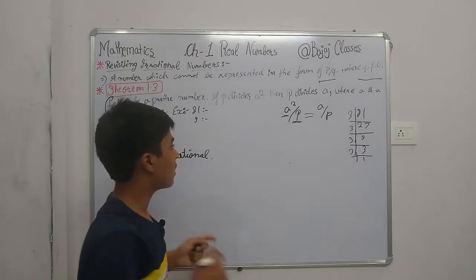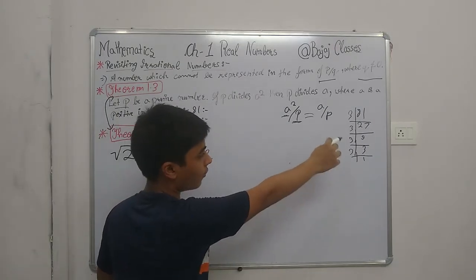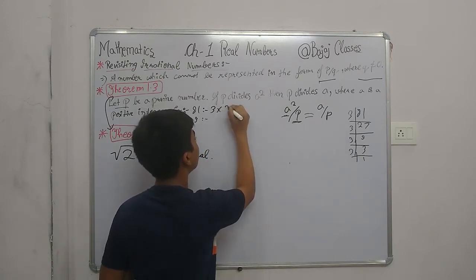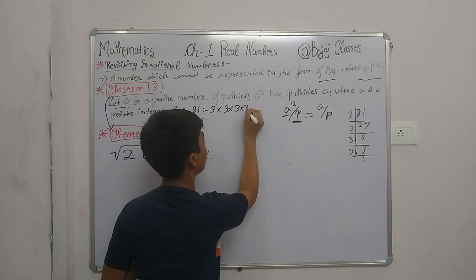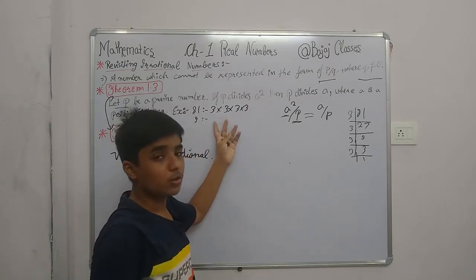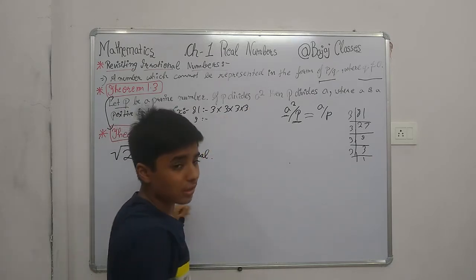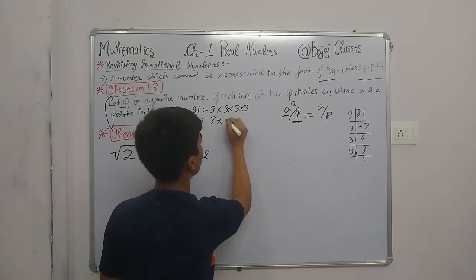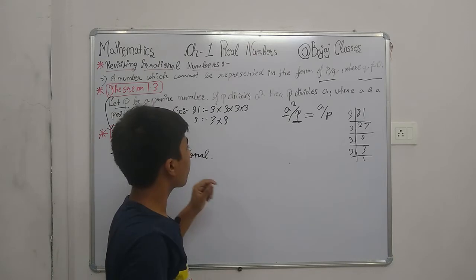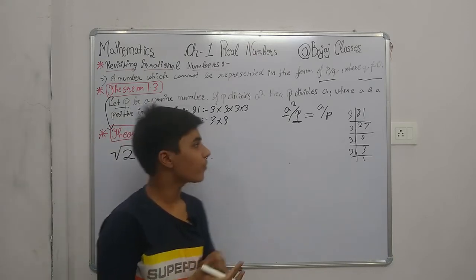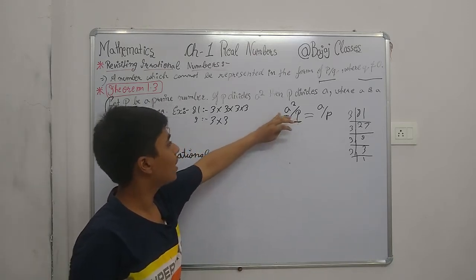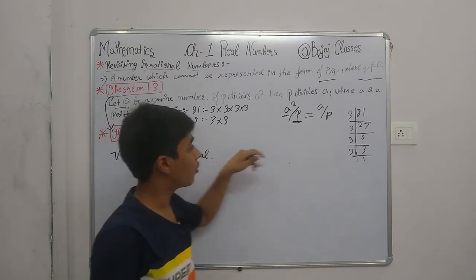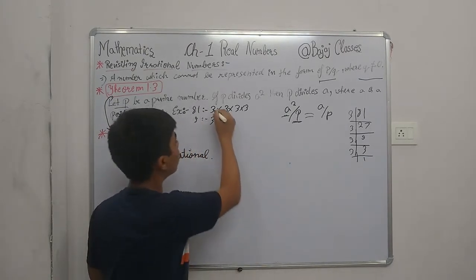Now we'll do our example. The factors of 81 are 3 into 3 into 3 into 3, that is 3 raised to the power 4. In this method we have to use it extensively. Now what are the factors of 9? 3 into 3, so 3 into 3 equals 9. Now we take this a square as 81, meaning 9 squared is 81 obviously, and p will be our 3.